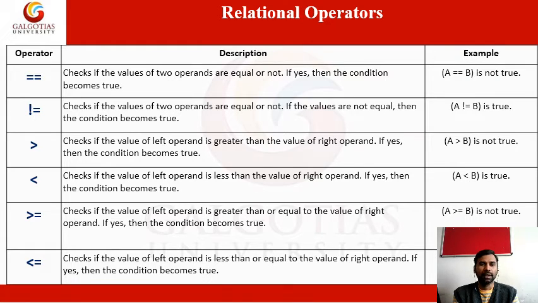Next one is greater than and less than. What is greater than, less than? You know what the values are. If there are two operands, we check whether one is bigger. Suppose the values are a and b. A is 10, b is 20. So obviously, this is not true. It's false. Suppose in this case a equal to 10, b equal to 20, so it's a true value.